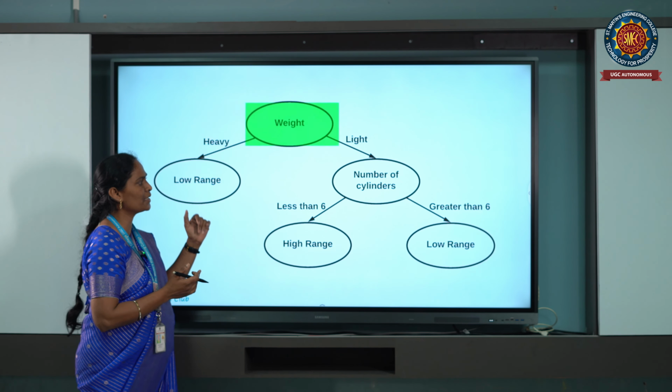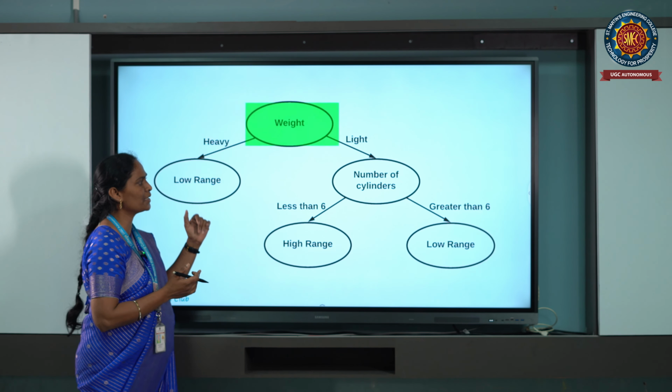And here the parent or child node can be represented: the root node is called the parent node, and the other nodes are called the child nodes. Meaning from the parent to the child nodes, the data will be transferred and divided into some branches. So these contents are the decision tree terminologies in the decision tree algorithm.